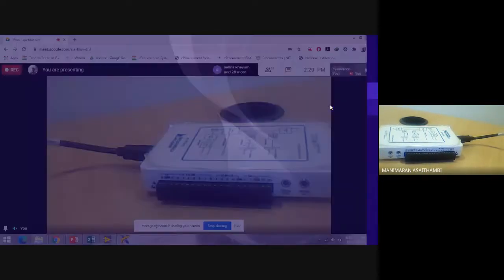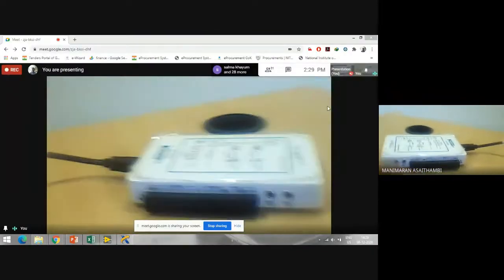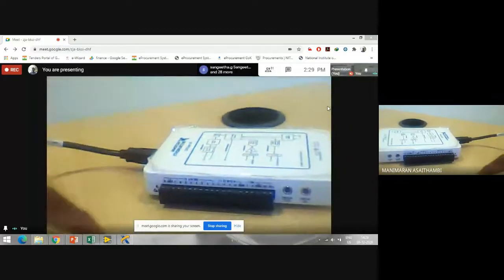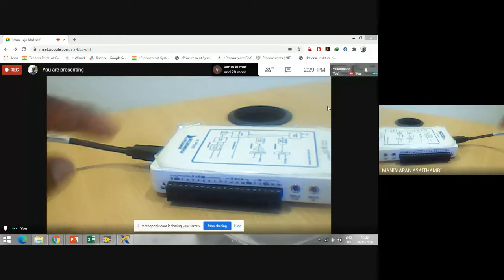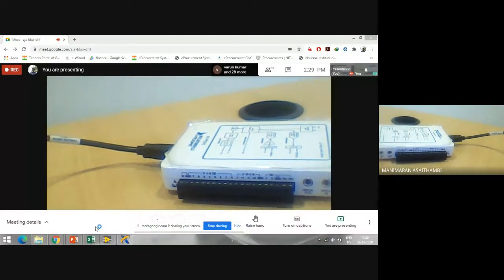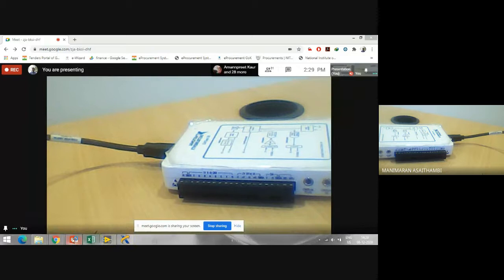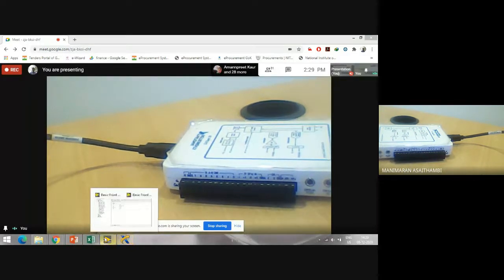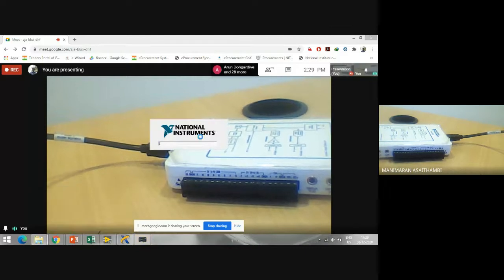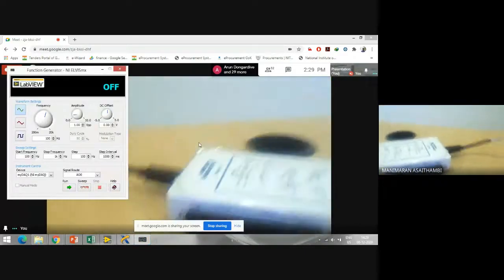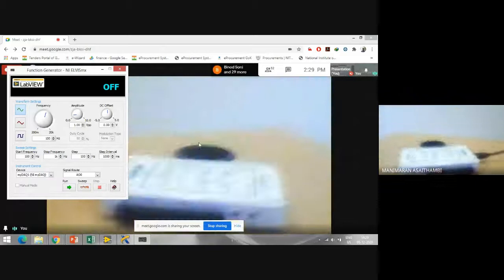This function generator will be coming from this MyDAC. So this hardware is going to be used as a function generator. It's loading. I got a function generator here.